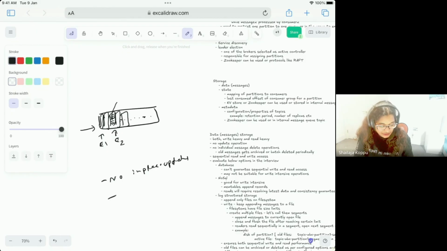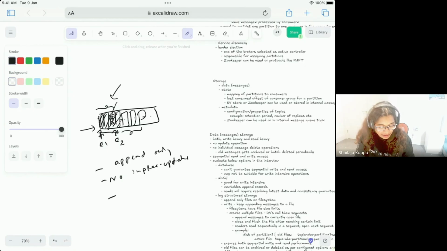And coming to the deletions, for the new data, there are only append only messages. Coming to the deletion, how do we delete messages in the message queue? We have a retention period. Let's say 1 week is the retention period. Then after 1 week, let's say these are the new week messages, these are the old week messages. Then we can have a background process which comes and keeps deleting the older week messages. So that means it's a kind of deleting in batch from the beginning of the message queue. So there is no in-place deletion.